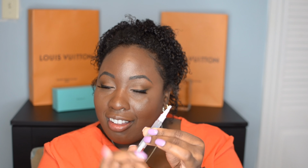So I'm just going to take the transparent pen, the whitening gel pen. I'm going to remove the cap, and I'm just going to turn the bottom. You'll hear a clicking noise like so. So the first time you use it, you may have to turn it a little bit more. You're going to get a little bead at the tip, and you're just going to apply that to each